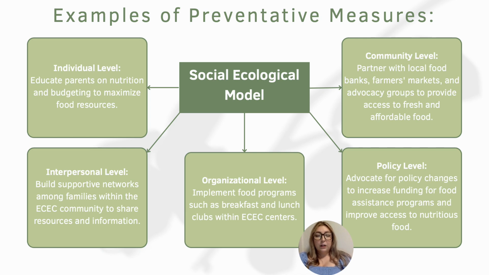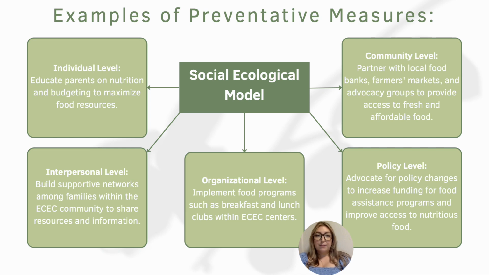at the center. At the interpersonal level, building supportive networks among families in the ECEC community is another key strategy. By fostering an environment where families can share resources and information, we can create a safety net that supports everyone involved. These networks can facilitate the exchange of surplus food, recipes, and cooking tips, as well as providing emotional support